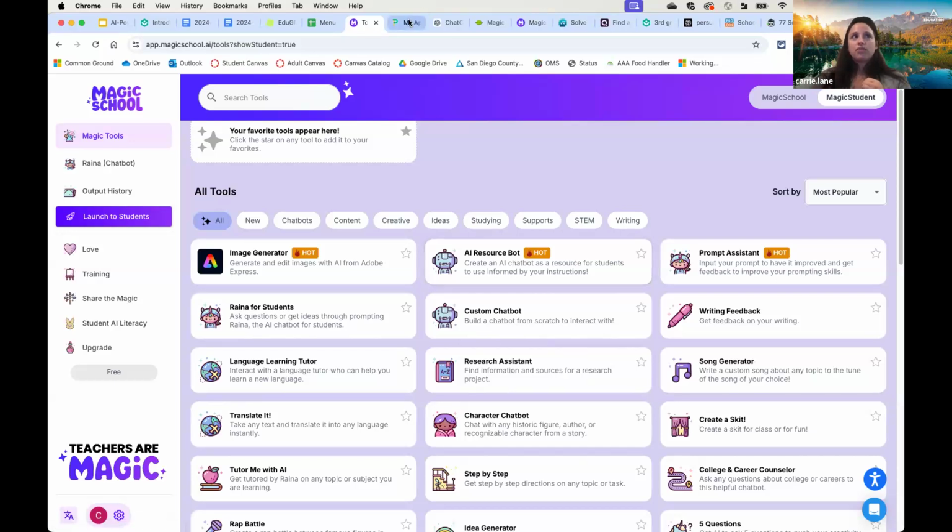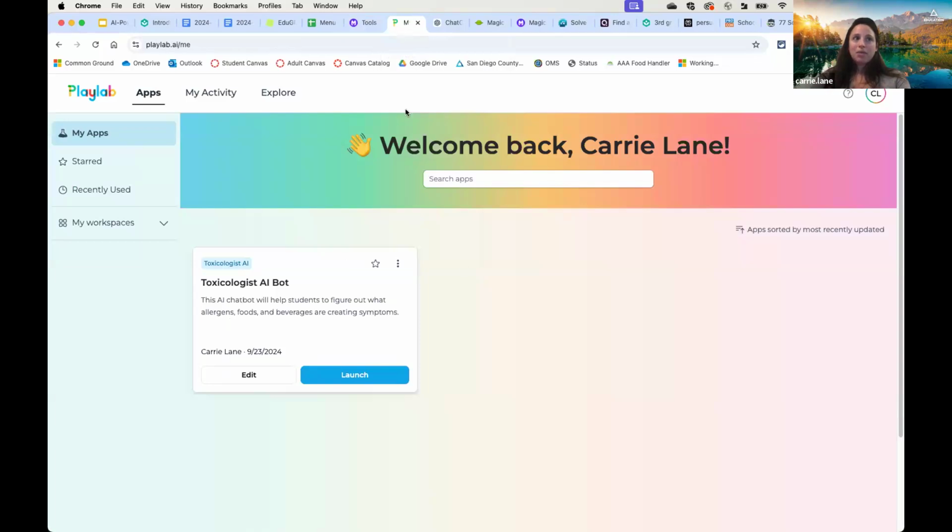And the other one that we've used a lot in our teaching at the Linda Vista Innovation Center is one called Play Labs. With this, you can create your own chatbot, and you can add research and articles and instructions on how you want the students to interact with the chatbot. But the thing that we've liked about this is you can tell it, for example, if a student is asking inappropriate questions, then they need to go see the teacher.